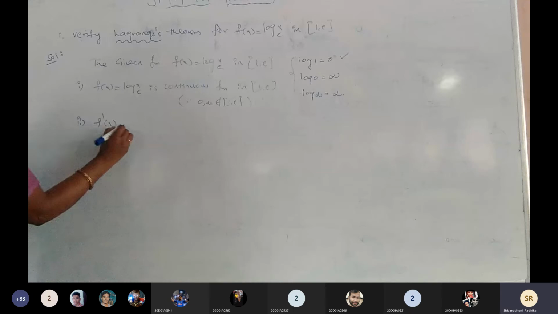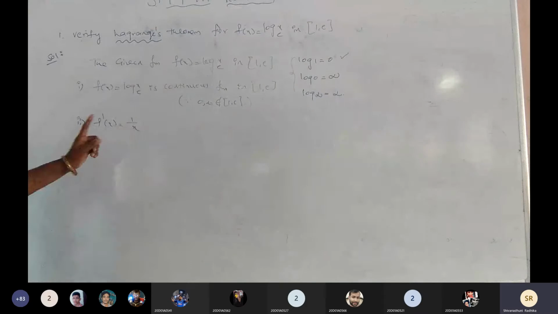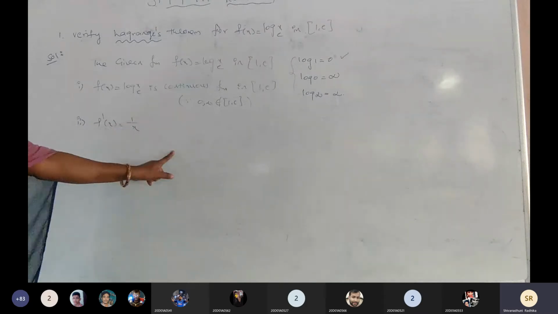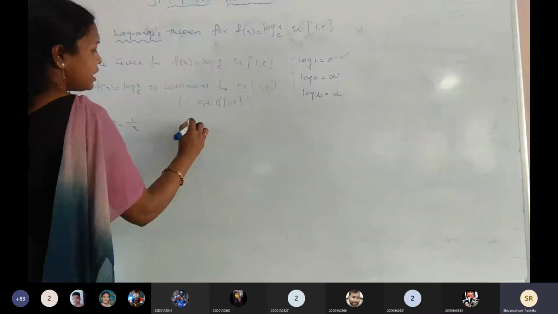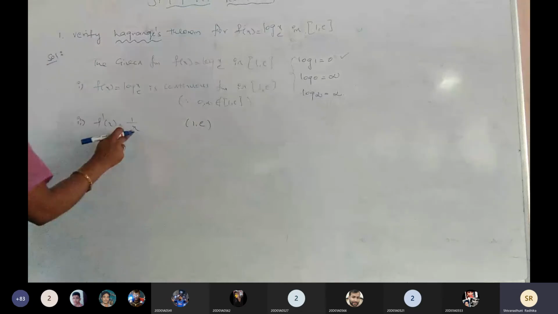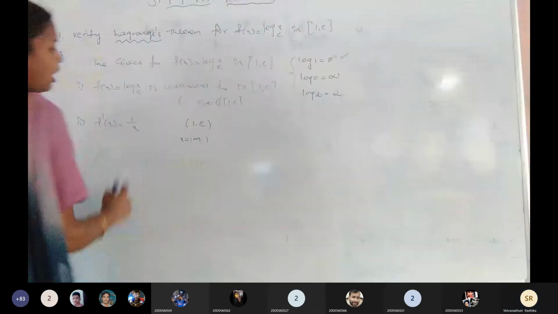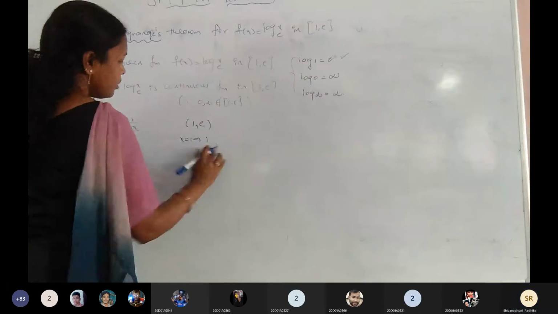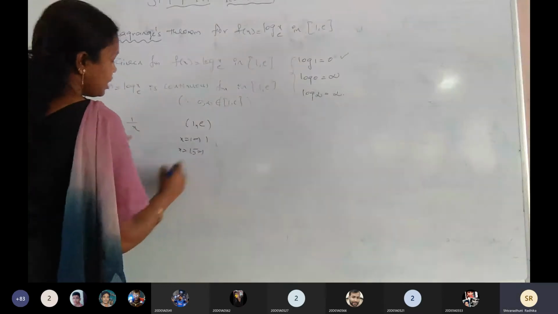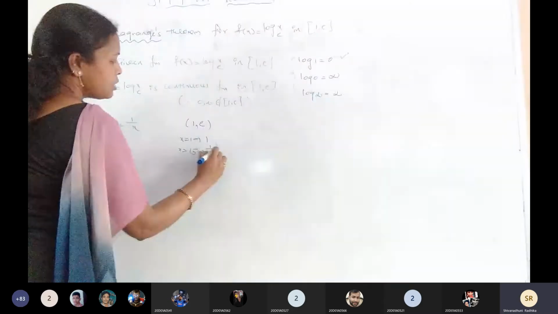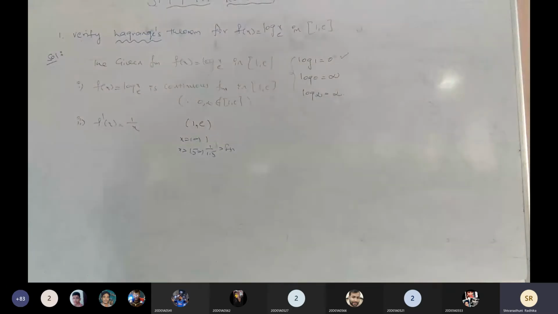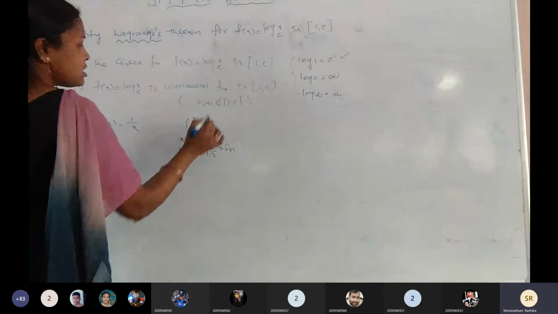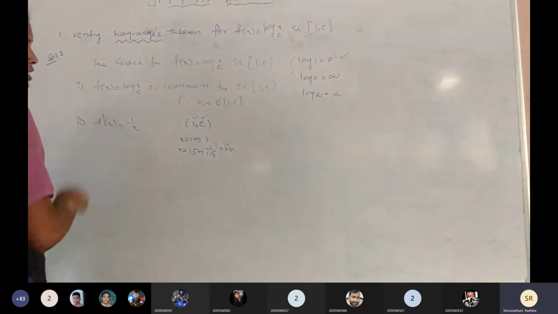Now go for the second condition. Finding f dash of x. Log x derivative is what here? 1 by x. Now this is a derivable function or not, we need to check. What is the given interval? We need to take the open interval (1, e). For x equals 1 we get 1, and for x equals 1.5 what do we get here? 1 by 1.5, so this is also a finite value. The e value is also finite, about 2.7. So now we are getting f dash of x is finite.